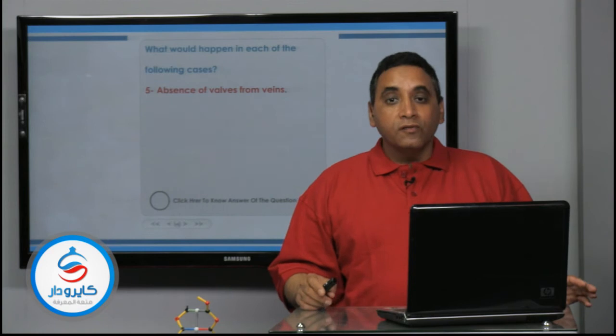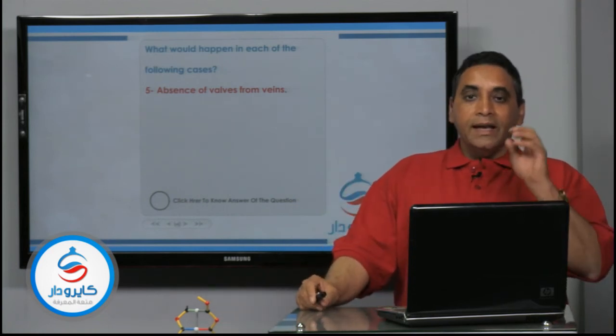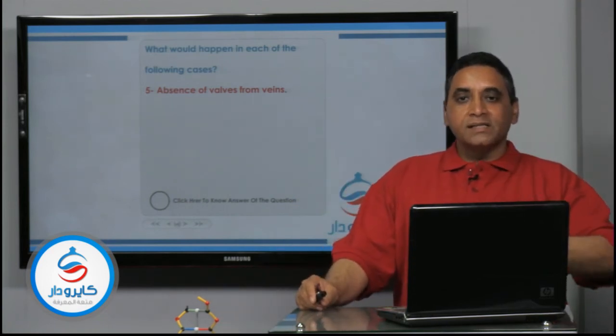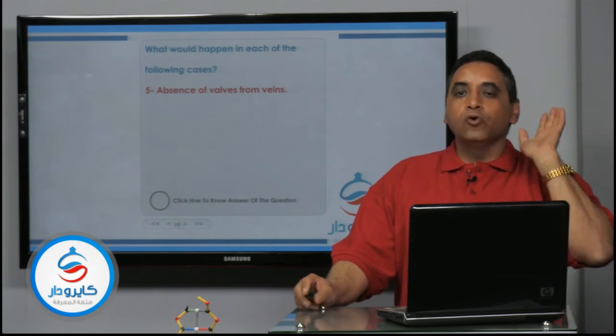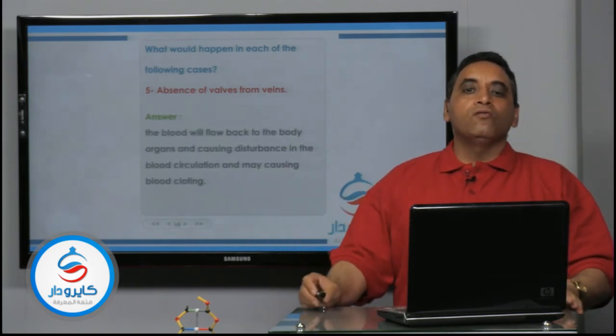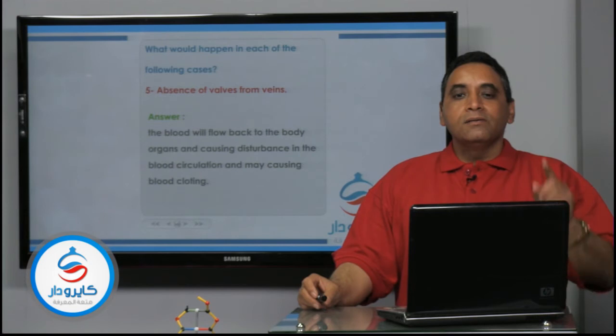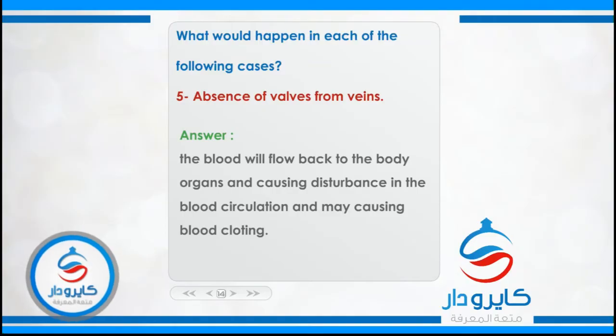What's the function of the valves? The valves allow the blood to move inside the blood vessels in one direction and prevent its flow back. So the absence of valves in veins means the blood will flow back, because the veins carry blood from the body organs to the heart. The presence of valves allows the blood to move in one direction from the body to the heart and prevents